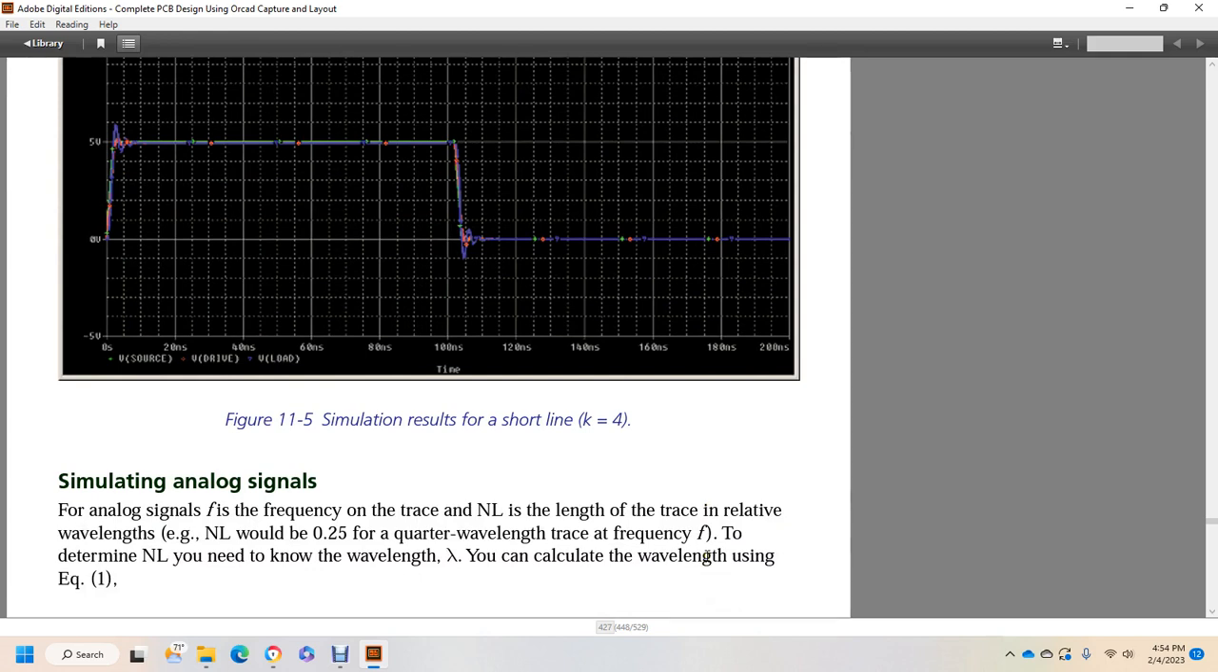Simulating an analog circuit requires the frequency and the NL length for the trace, relative to the wavelength. The NL length should be a quarter of the wavelength, the quarter length of the trace at the frequency. To determine this, you need to know the wavelength. You can calculate the wavelength using